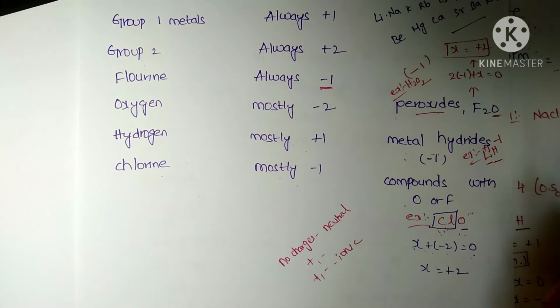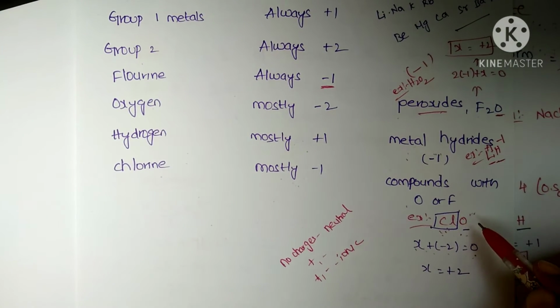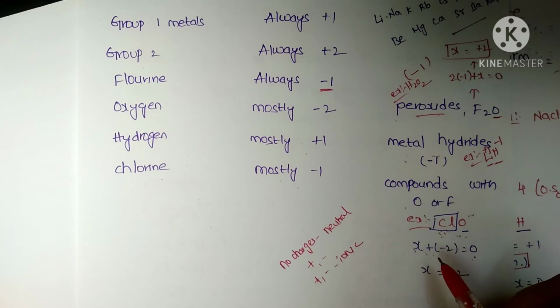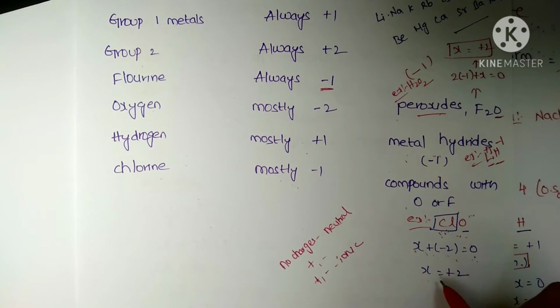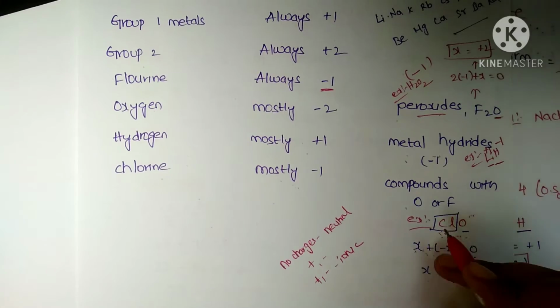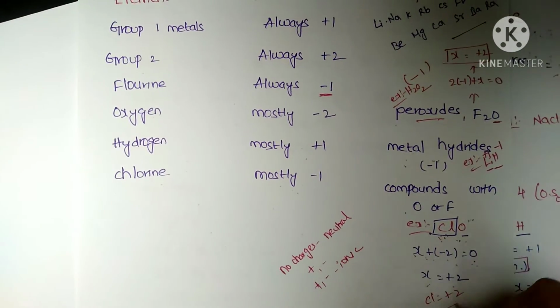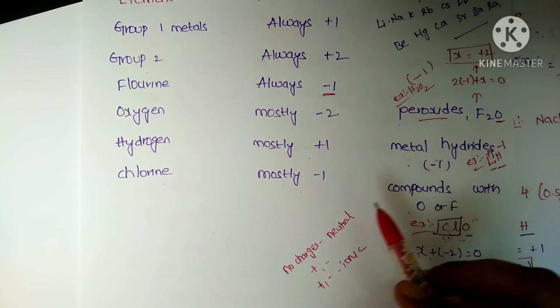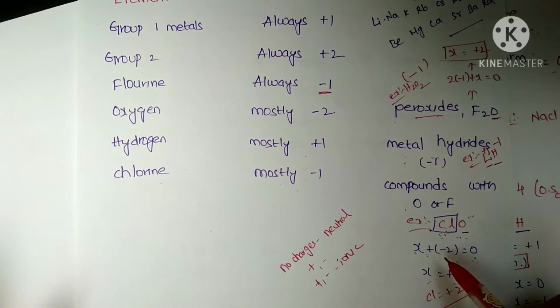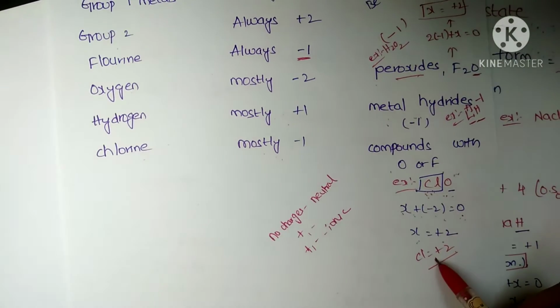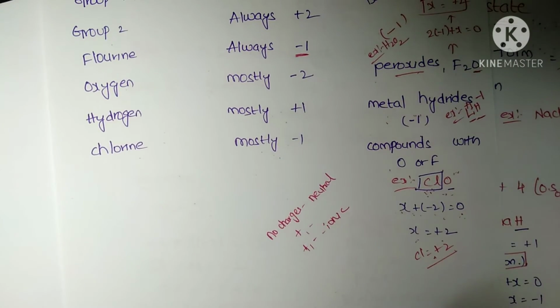In neutral compounds, the total has to equal 0. So X plus oxygen, mostly -2, equals 0. So X equals +2. That means the chlorine charge will be +2 in this case. Actually it would show -1, but whenever it is in combination with oxygen or fluorine, its oxidation state won't be -1.